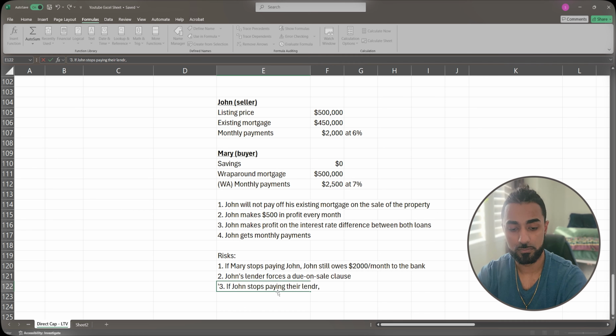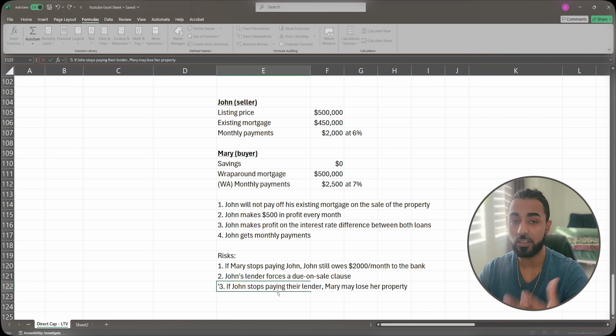their lender. For whatever reason, maybe Mary stopped paying John and then he stopped paying, or maybe Mary's making her payments, but John just stopped paying the lender. If that happens, Mary runs the risk of losing the house. She may lose her property simply because it's not actually Mary's property. Typically when you buy a property, yes, the bank owns it until you pay off the mortgage. Yes, it's used as collateral. But in this case,